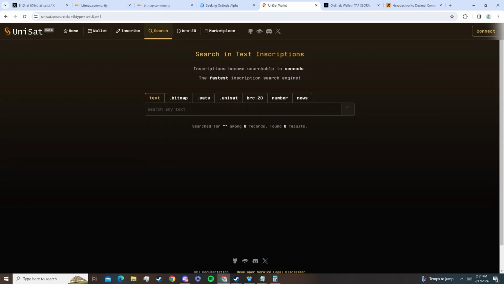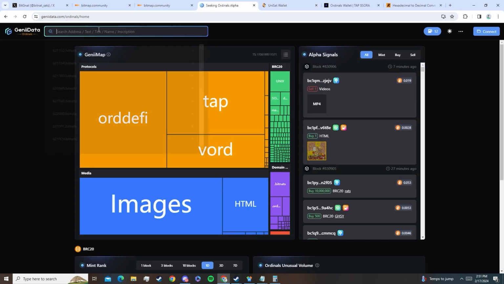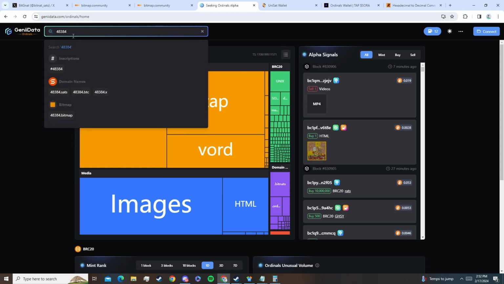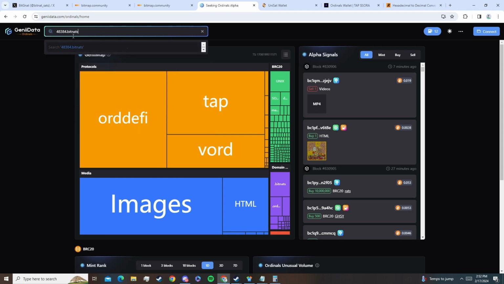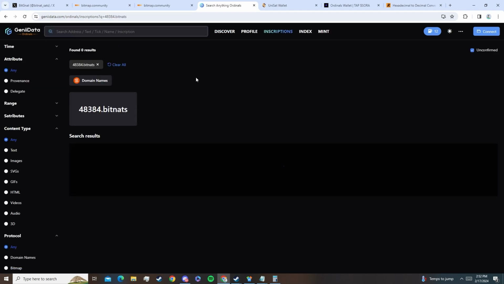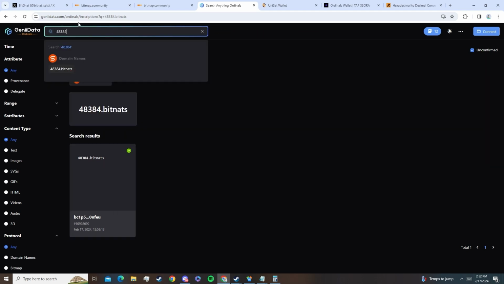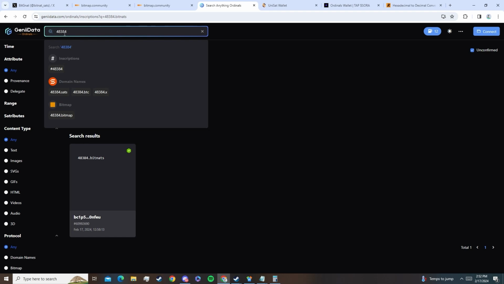Going for the search function, text search here. I'm going to use Genie data here, /ordinals, but what we'll do is type in that number there, and we'll type .bitnats with an S, and we'll search, and we'll see if anybody has gotten this bitnats. Yes, they have. So February 17th. So today, a few hours ago, somebody got this bitnat. So we do know that the next 2016 blocks are going to have that same